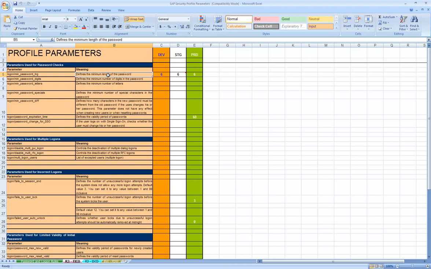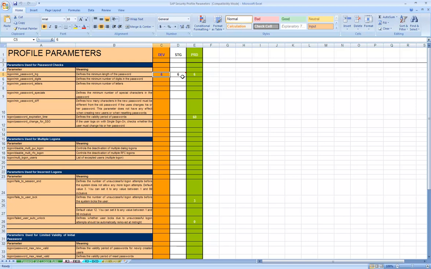So when you activate this password in the system, using this parameter you're going to enforce the length of the passwords the users need to use. For example, in the system DEV, if the password length is minimum 6, the users will have to use a password which is minimum 6 characters long. If they try to use a password which is only 5 characters, the system is not going to accept it.